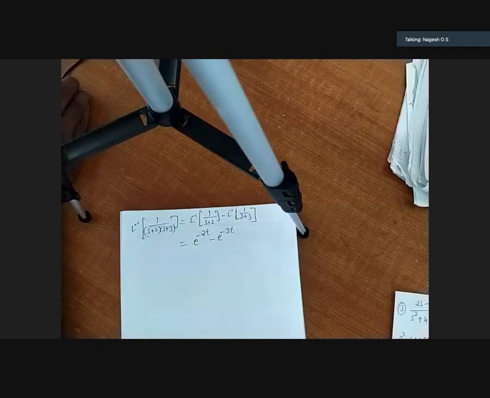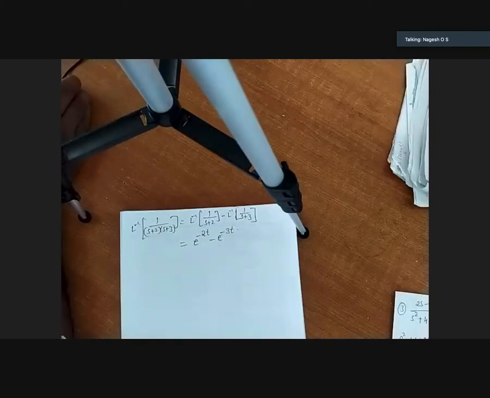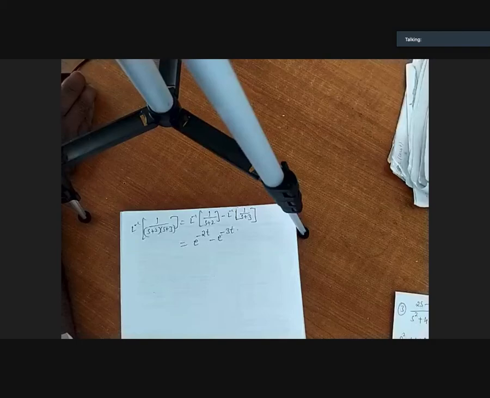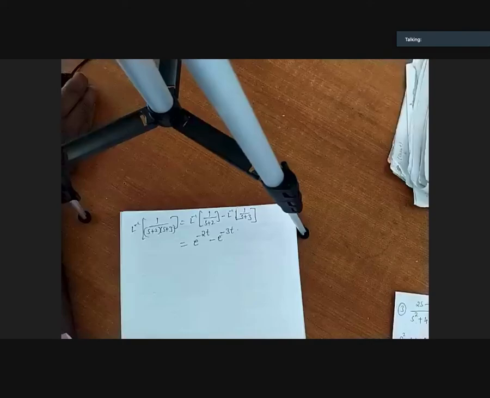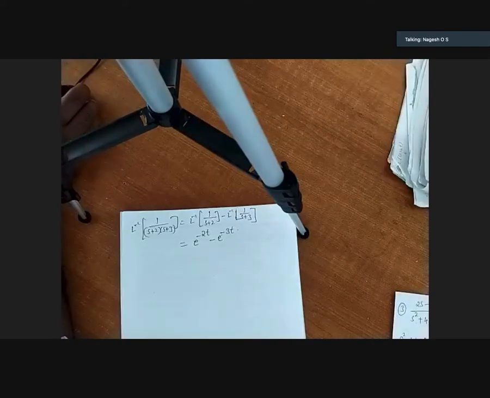Only 5 of them gave the answer. This is such a simple question, you should try. Whether you get the correct answer or not is secondary, you should try. Okay, good, 5 of them answered correctly. Next, we'll go to the next problem.